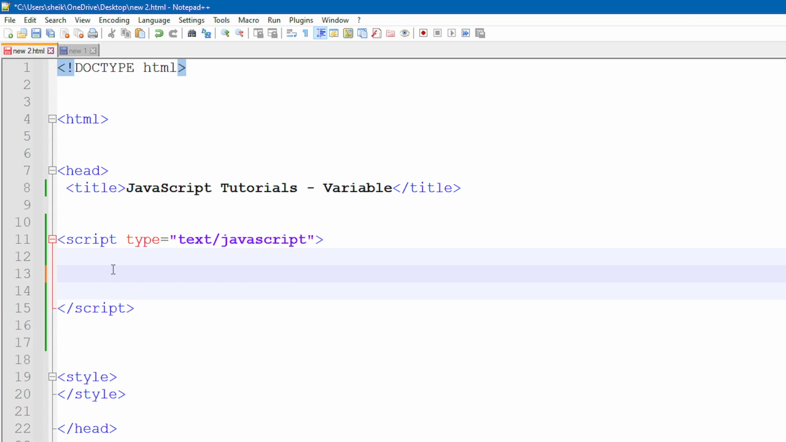So Boolean represents a logical value that can be either true or false. Okay, so it may be true or it may be false. Okay, so if we assign a variable x is equal to true,